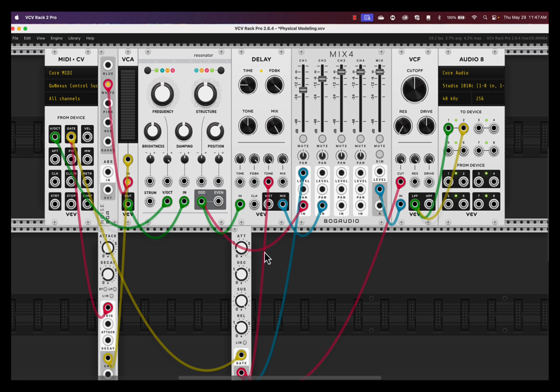So the delay is then going to come in, and it's going to come into channel 2. And the reason why I'm doing that is that I've got a second ADSR down here that is driving the control for the volume of the mixer, but it's also going to come up here and adjust the tone input of the delay. Then, last but not least, the output of the mixer goes to this voltage controlled filter, and